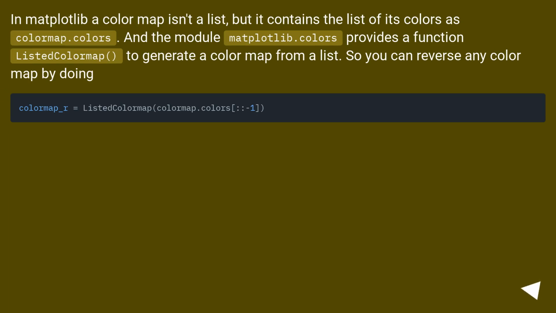In matplotlib, a color map isn't a list, but it contains the list of its colors as colormap.colors. And the module matplotlib.colors provides a function ListedColormap to generate a color map from a list. So you can reverse any color map by doing